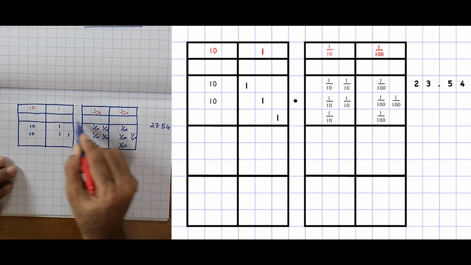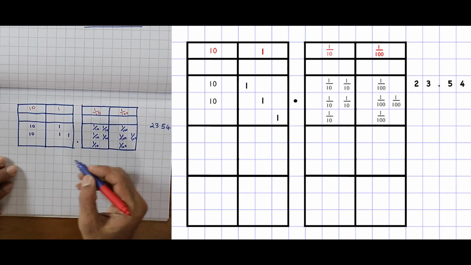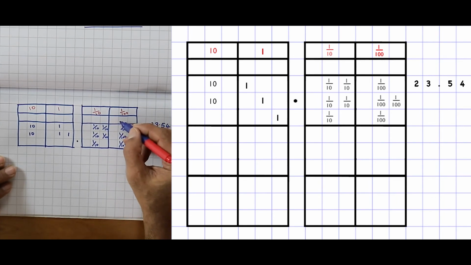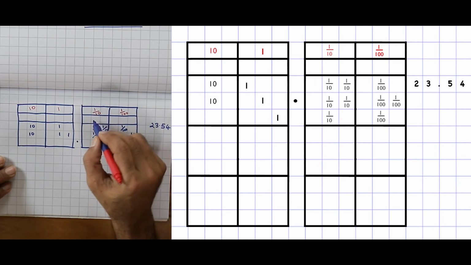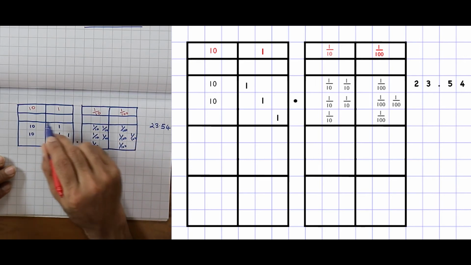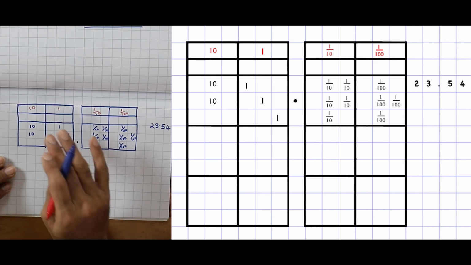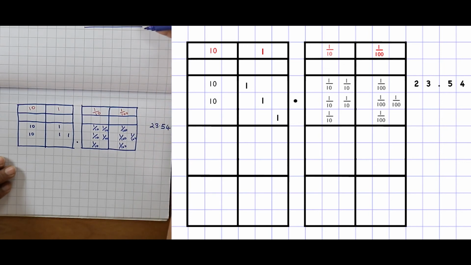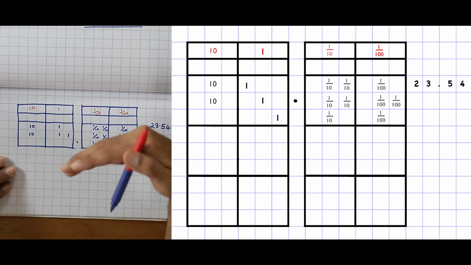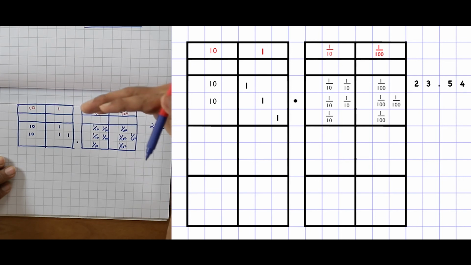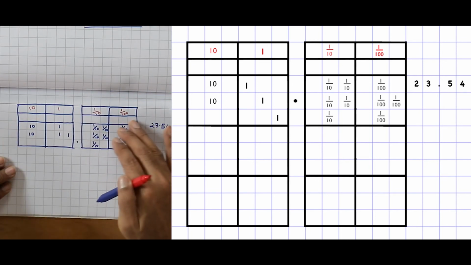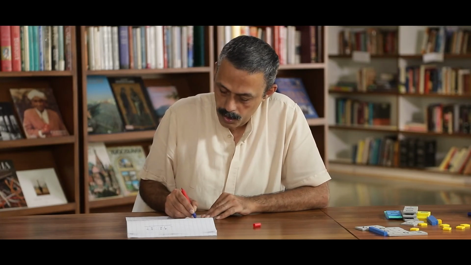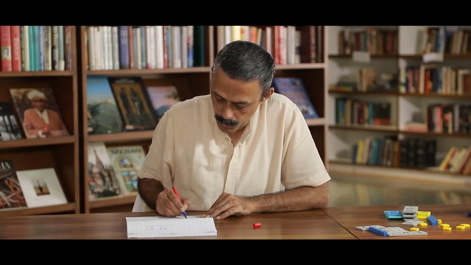I have left this row empty. If we need to regroup and redistribute, we need space to write it. So it is better to keep it always. We never know when we would need the regrouping or not. So it is better to leave room for it. Second number is 12.31. Let us write it here.